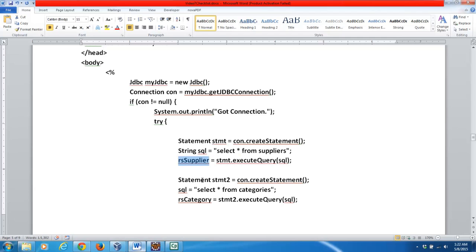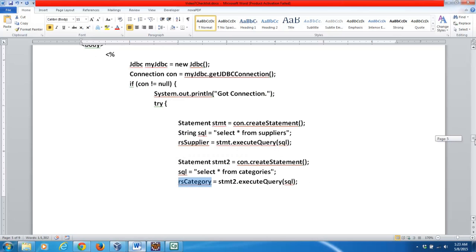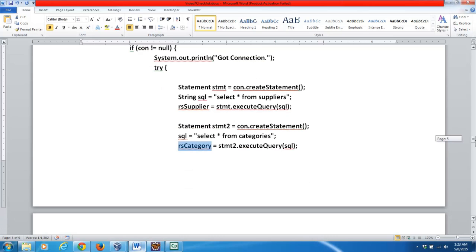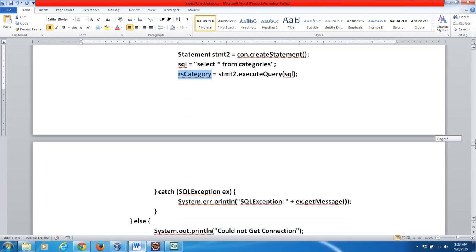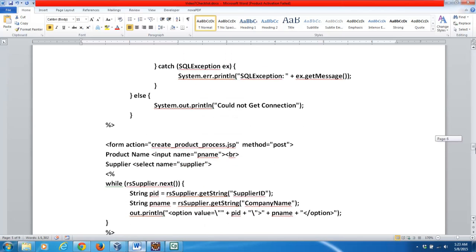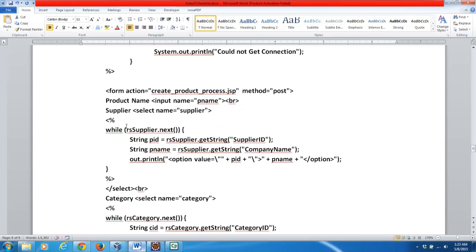And then another one, statement number 2, is the SQL statement from categories, and then you put it into RS category. So you have two record sets, one from supplier and one for the category. So once you have that, you can do here while supplier.next,